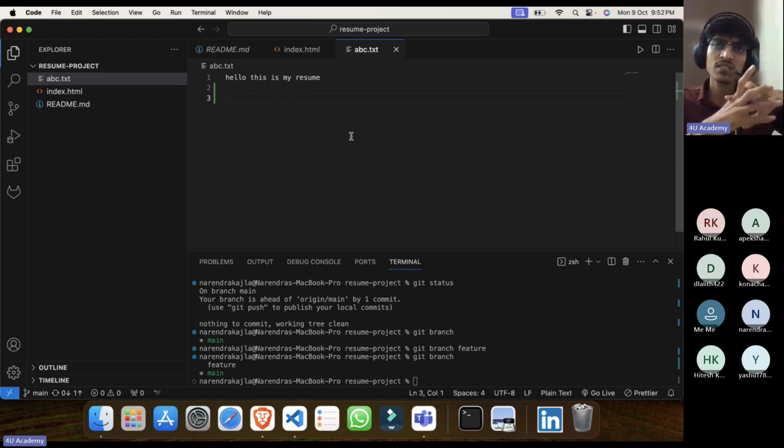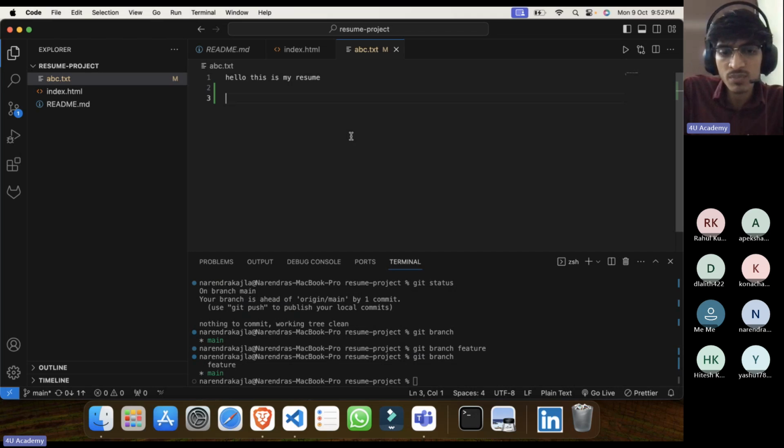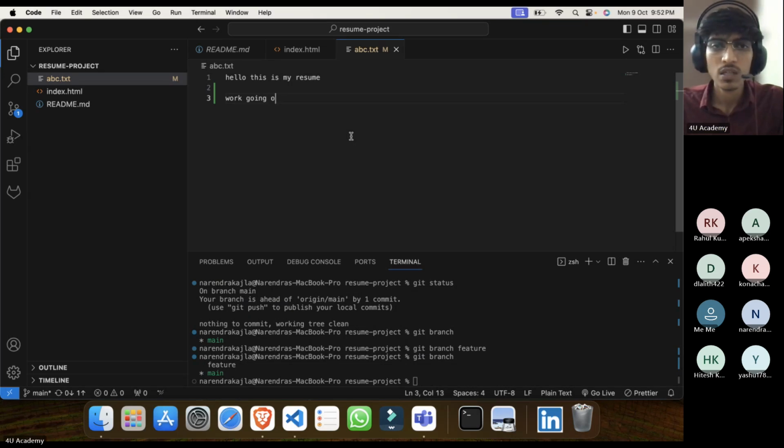Now let's say some team is working on the feature branch and you are working on the main branch. This project is going on for a month, so you will not stop, right? In the main branch also you will keep doing something. So let's say work is going on in the main branch.